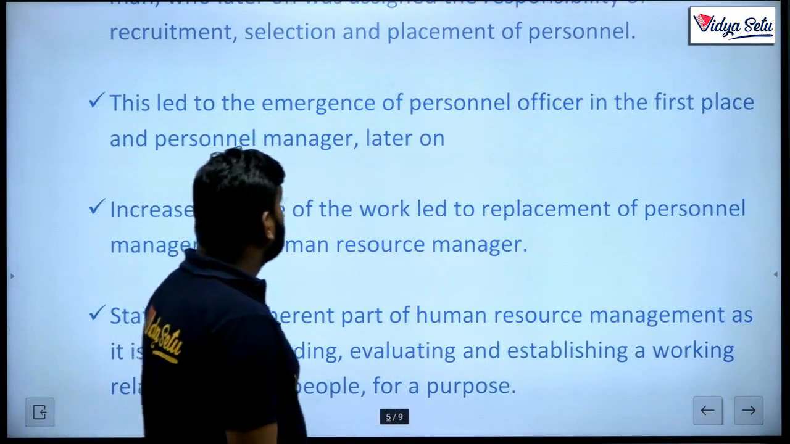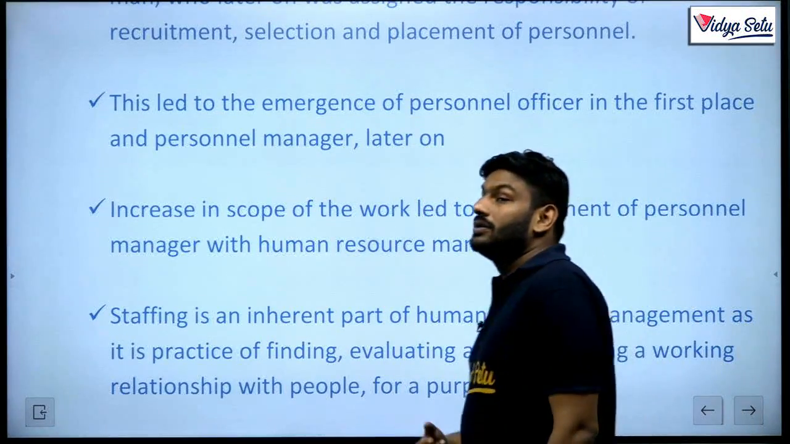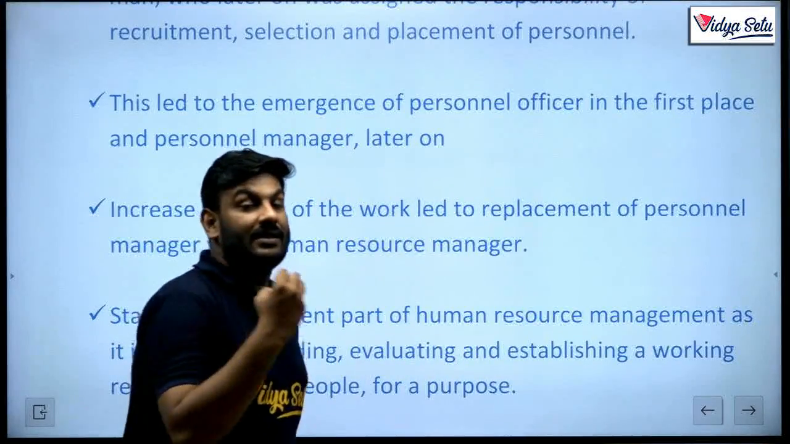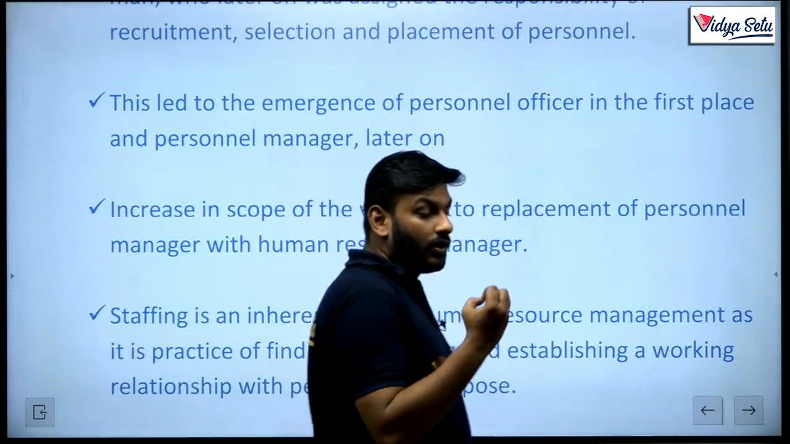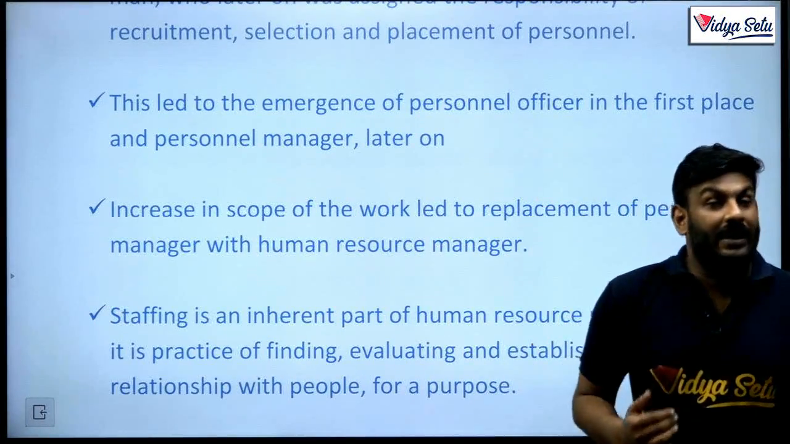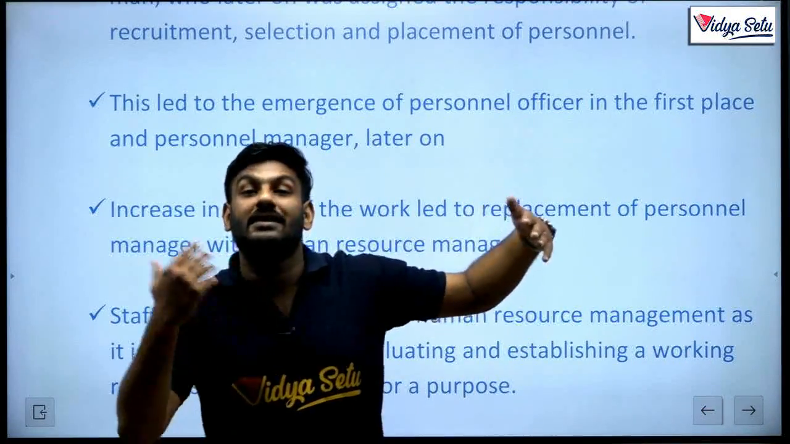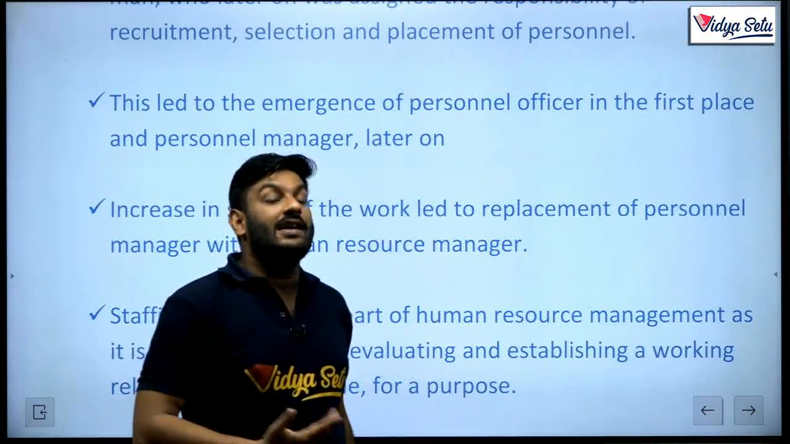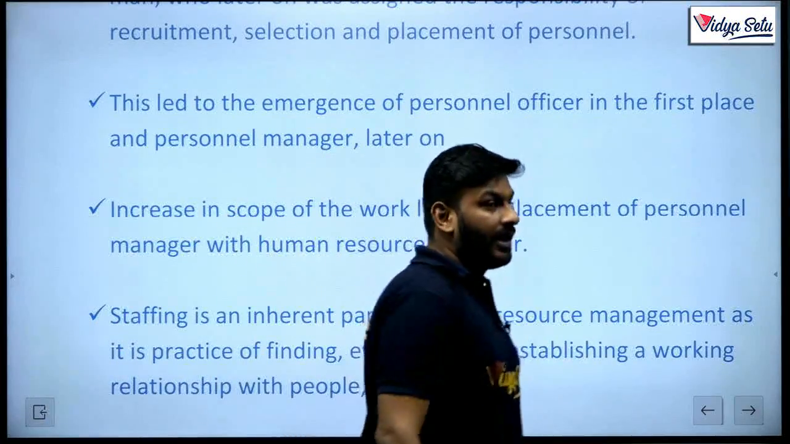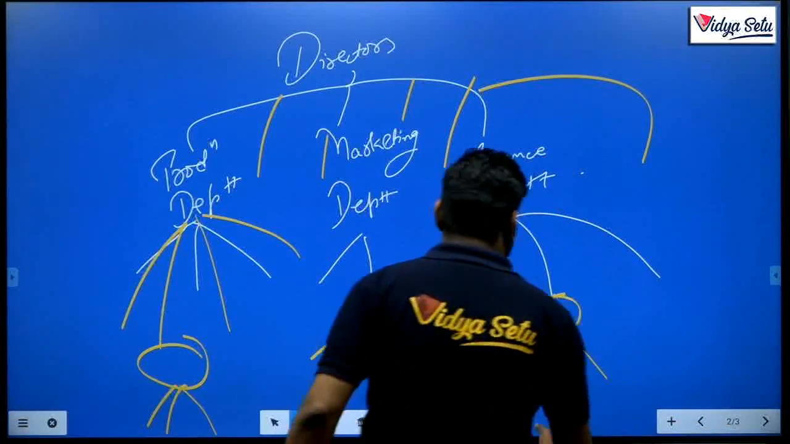This led to the emergence of the personnel officer in the first place and the personnel manager later on. That's why it generally requires a personnel officer, as in you are kind of an officer or supervisor on that particular kind of employees. But later on you became the manager who is going to manage personnel in each and every department, each and every organization, as well as you are required to check about whether each and every employee, in short, let's talk about, like in case of HR